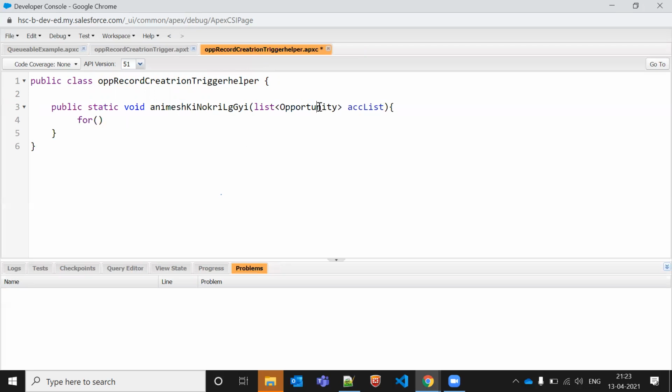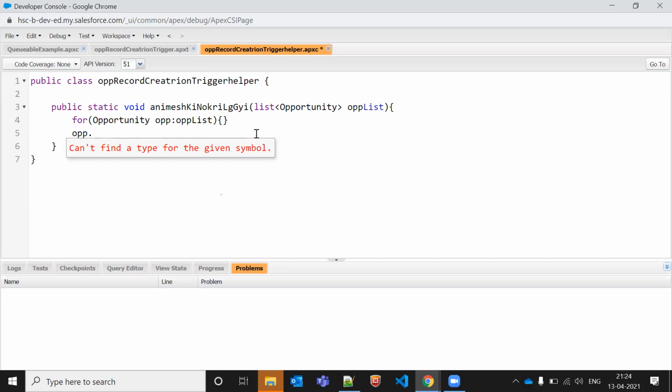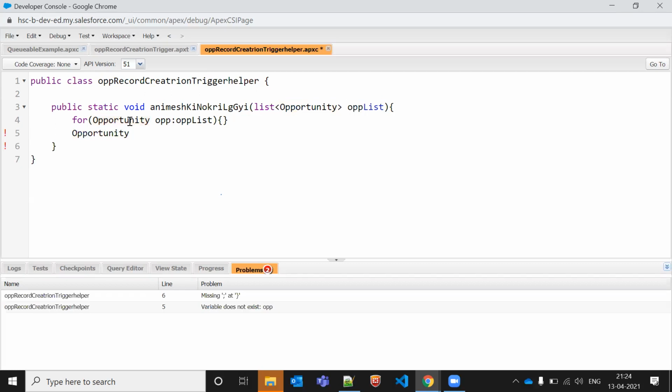It's an ACC list; for opportunity we can say OPP list, not ACC list. We can create a new opportunity. We are just giving one example only.